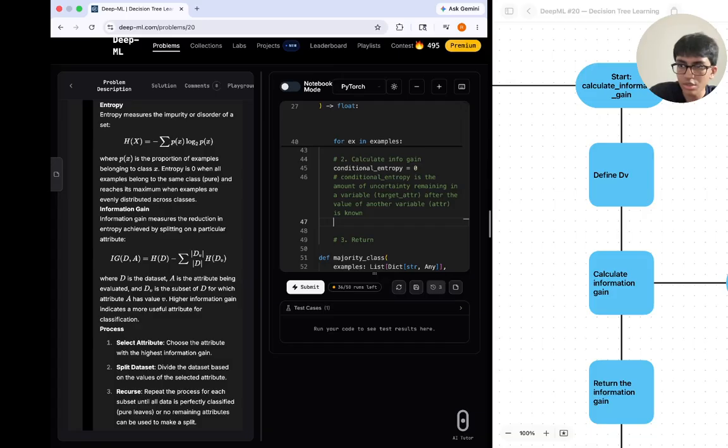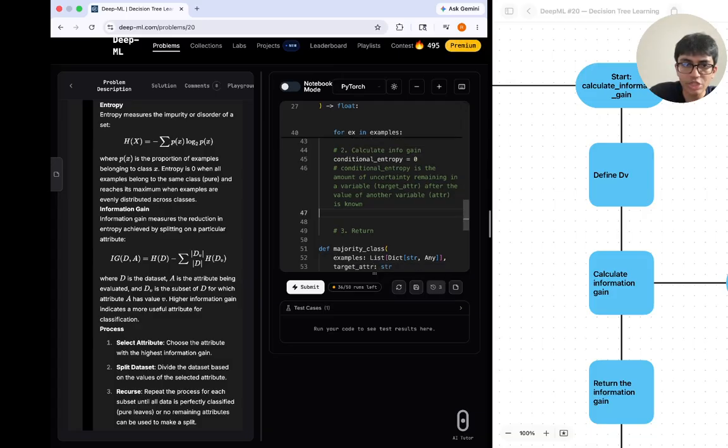So we loop through each data subset in Dv, because Dv is a dictionary. For each value of A, it takes the subset of the dataset there. So for data subset in dv.values(), and we calculate